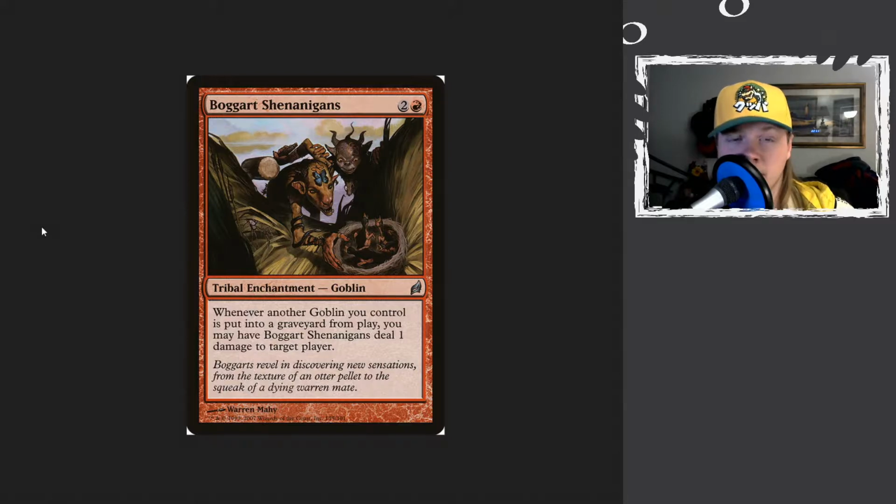I mean, it spiked up a little bit, but it's still only $2 currently, unless it spikes up more for some reason. But this is back from the Lorwyn set. This was kind of a cool idea. So I don't think they've ever really explored this again. But